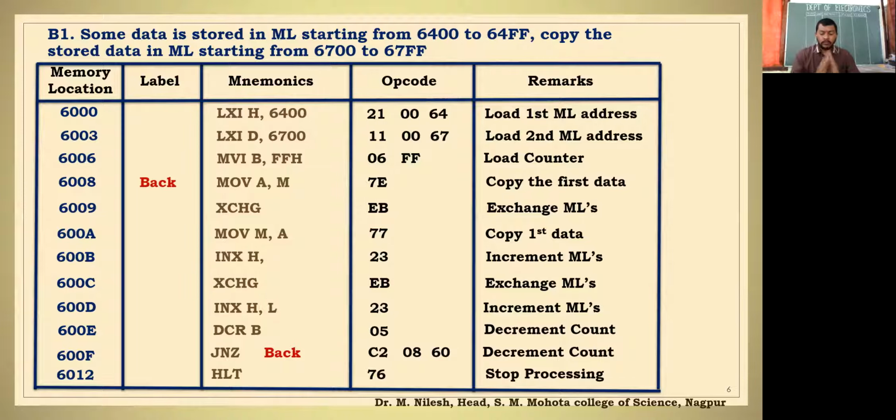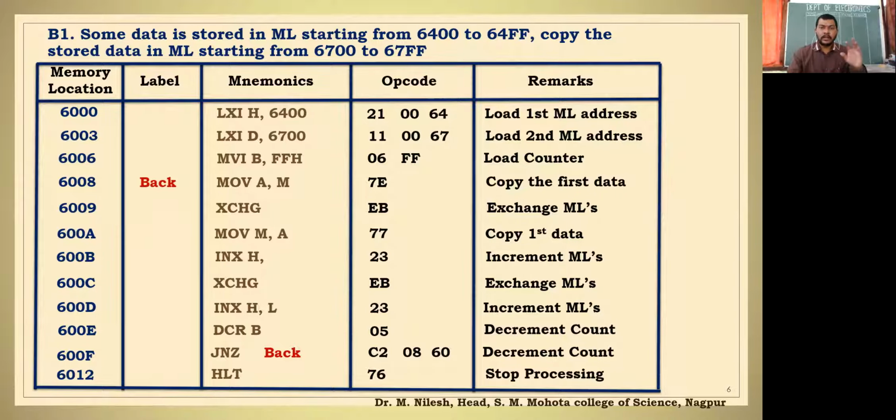Now, what was the second program? The second program was similar to this, but the difference is we have to exchange the data. Initially, we just copied the data from one memory bank to the other memory bank, right? Now, we have to exchange the data, which means we have to copy this data to this, and the data from this bank is to be copied back to the first bank, right? So this is called exchange.